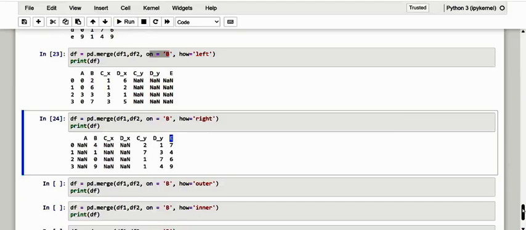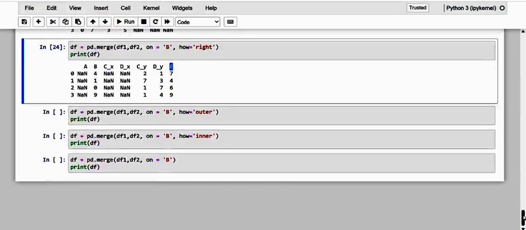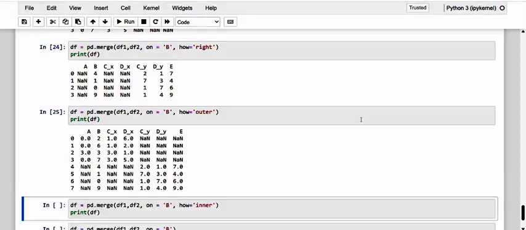Okay, now let me just move on to the outer join. So here is another different behavior, in which we join with outer logic. Kindly observe, it is a new thing. So here we go. In this case, all the values present in the two starting data frames are reported in the new data frame.